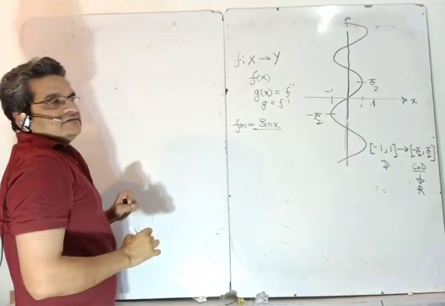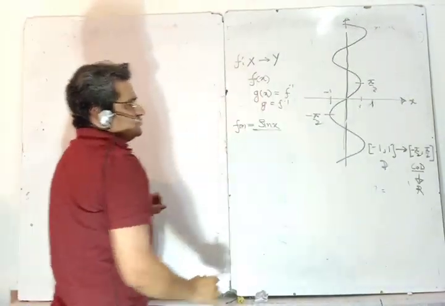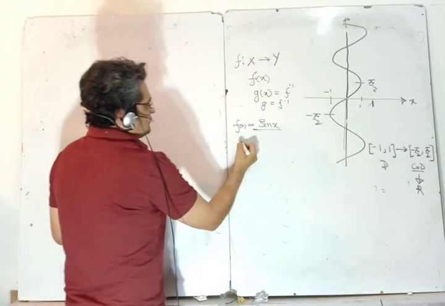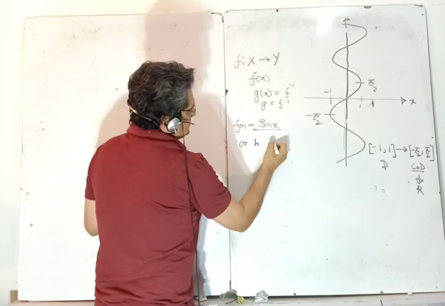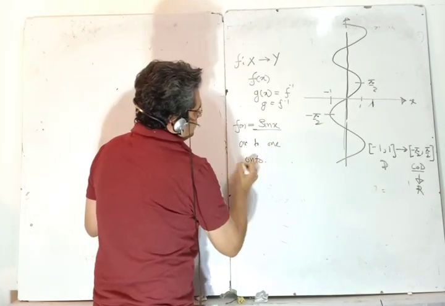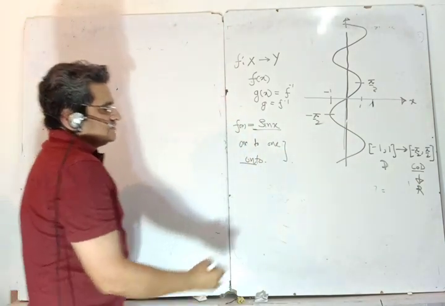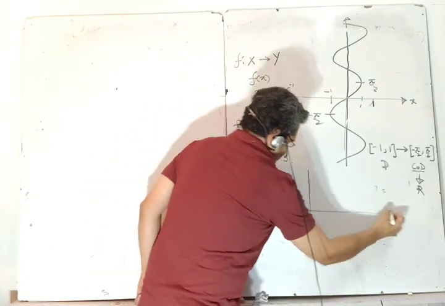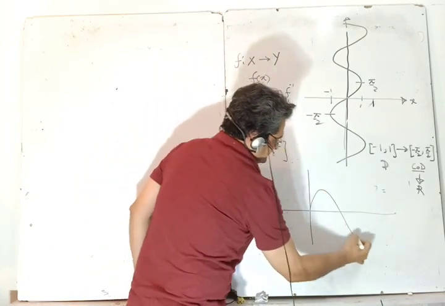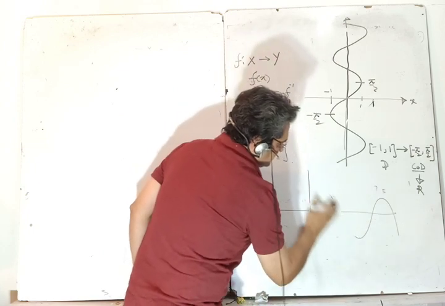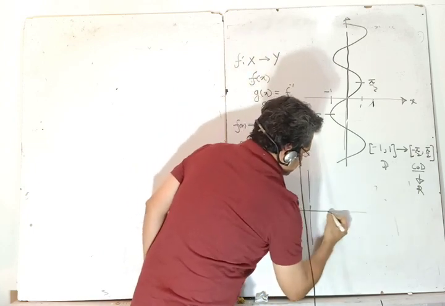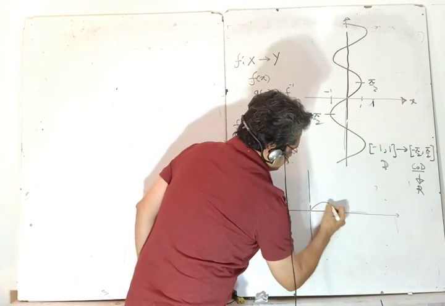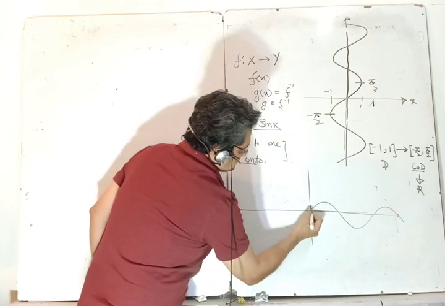This original function should be one-to-one and onto, means it should be injective and surjective, means it should be bijective. So one-to-one and onto. Only then I can have an inverse. Now let me see what is sine. How do I draw sine graph? I can draw like this. In fact, let me draw flatter. Let me take the scale so that I get something like this. Not too flat also. If I get it like this, it will help me.